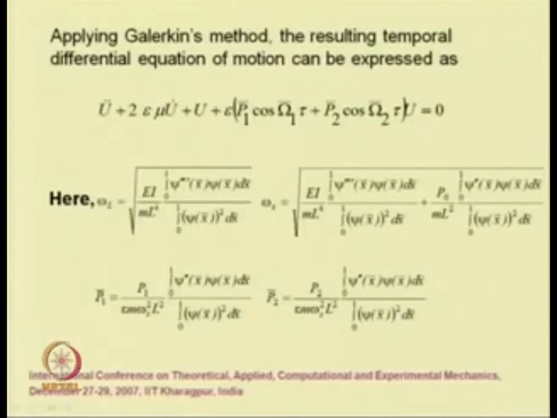So, this is the governing temporal equation of motion, where the omega L and omega S terms can be written in this way, and these coefficients can be written in this way. In today's class we have studied how to derive the equation of motion using the D'Alembert principle, and by applying the Galerkin method, how we can convert the spatio-temporal equation of motion to the temporal equation of motion. You can take some exercise problems.